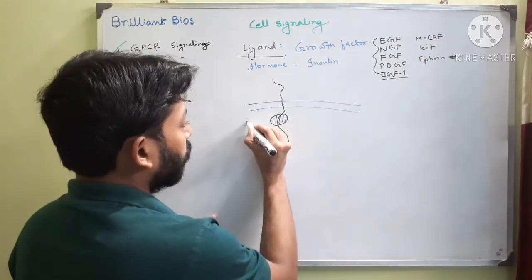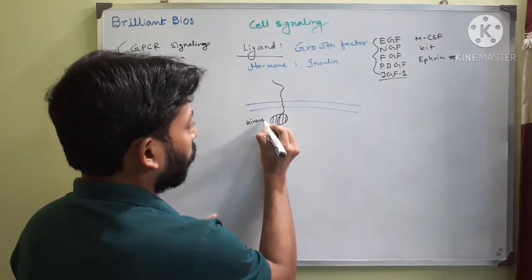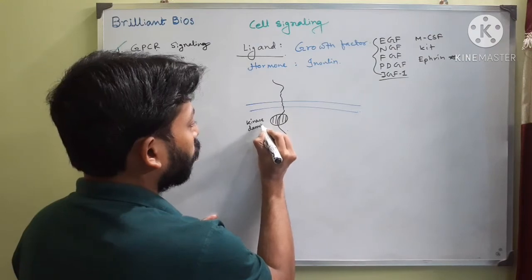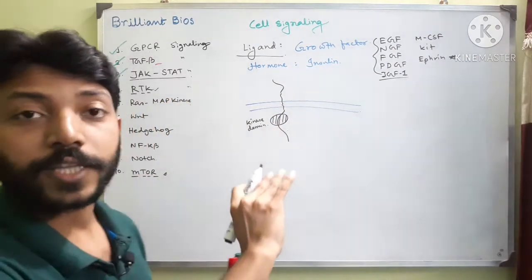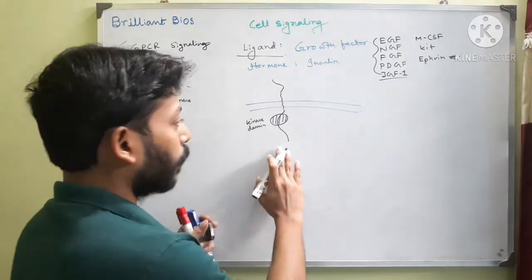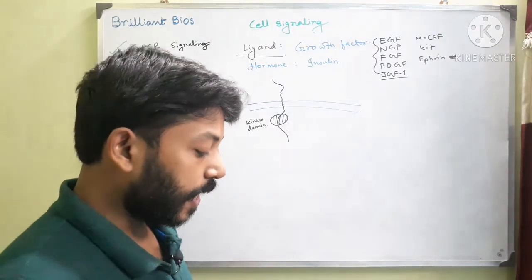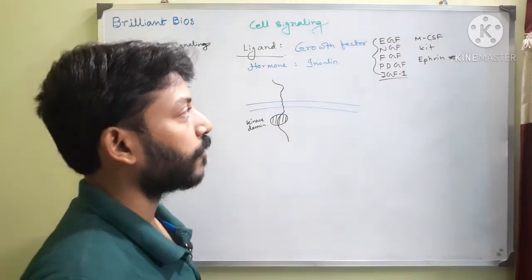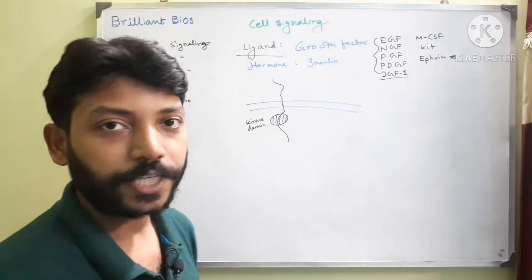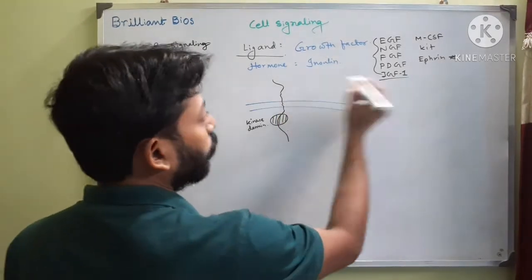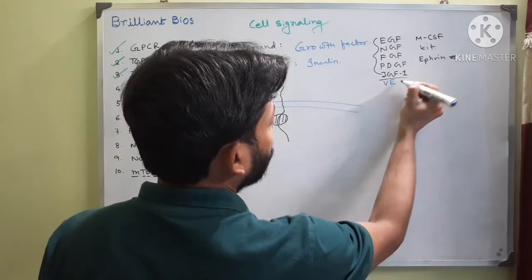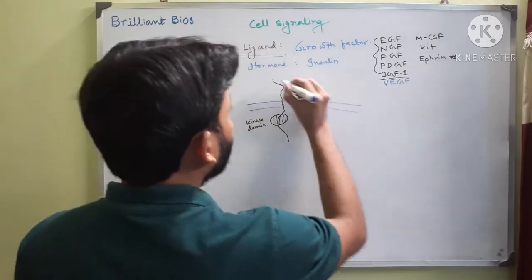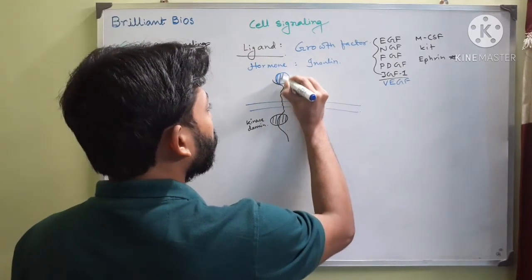So this is the kinase domain. They already have a kinase domain but it is inactive in conformation when there is no ligand and they are monomers. But when any growth factor, it could be EGF, NGF, FGF, PDGF, IGF, or VEGF, yes, vascular endothelial growth factor, any growth factor binds with this monomer,